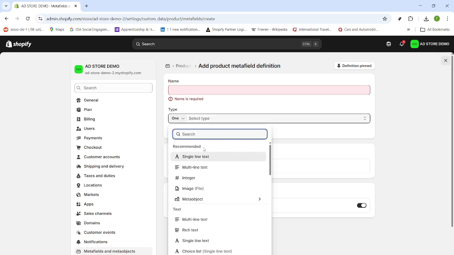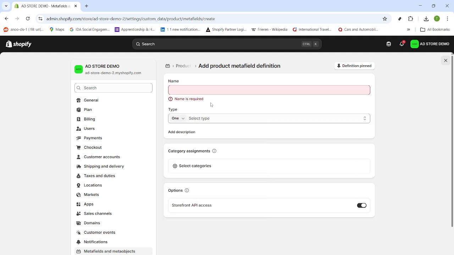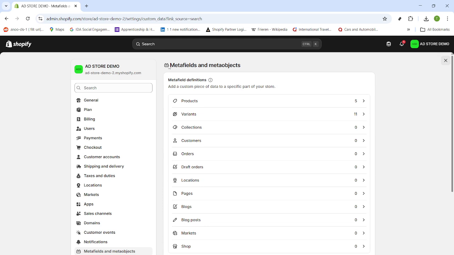To recap, you opened your Shopify admin, navigated to the home dashboard, used the search to find Metafield definitions, and then drilled into products. That's the exact path you'll use anytime you want to manage product-level metafields. If search doesn't show what you expect, double-check your spelling, or ensure you have the right permissions for store settings. That's it. You've reached the product metafield definitions area, and you're ready to organize the